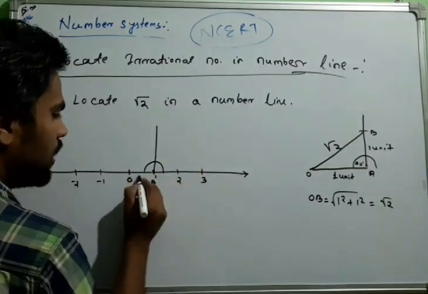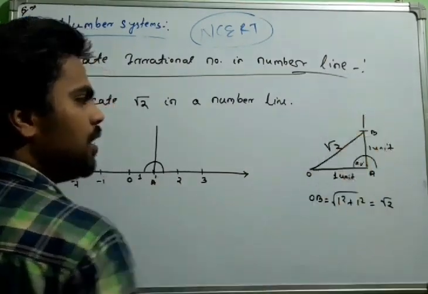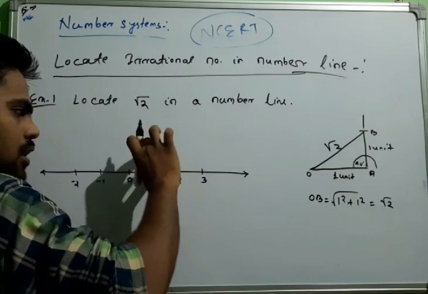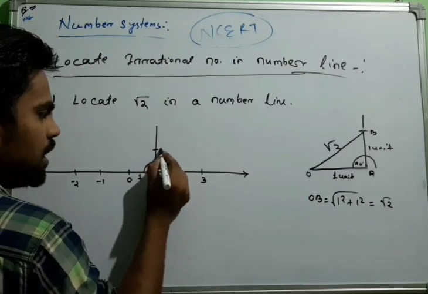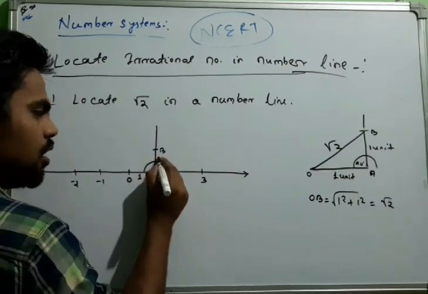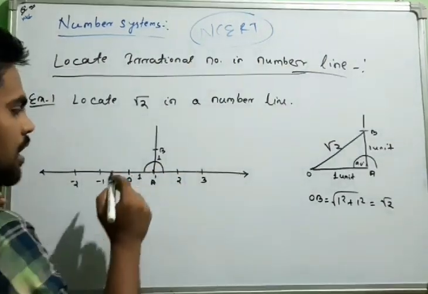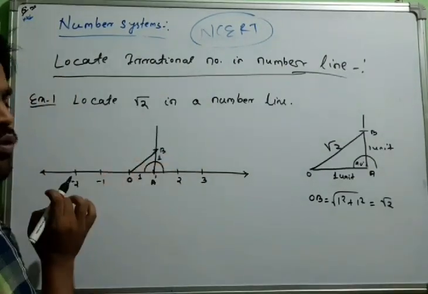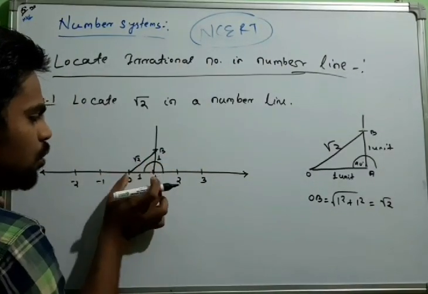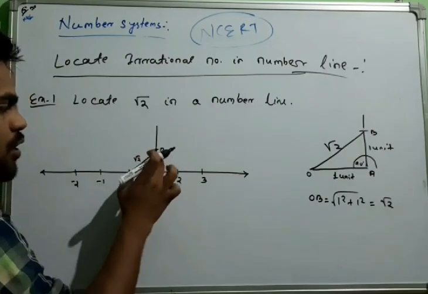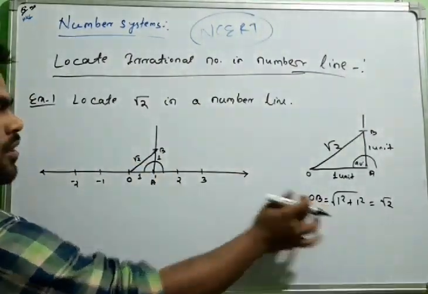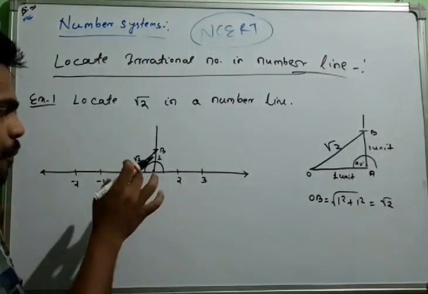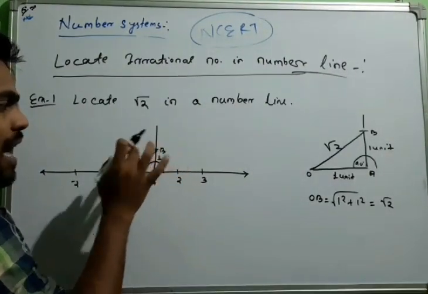So it is 1 unit. I require AB also as 1 unit. So just take your compass, mark OA, and mark like this, and this point is B. So OA is equal to AB. This is also 1 unit. Now you have to join OB. How much do you get for OB? This value is root 2, because OA square plus AB square is equal to OB square. Clear or not in this concept? So this value is root 2. Now just take your compass and take OB as a radius.